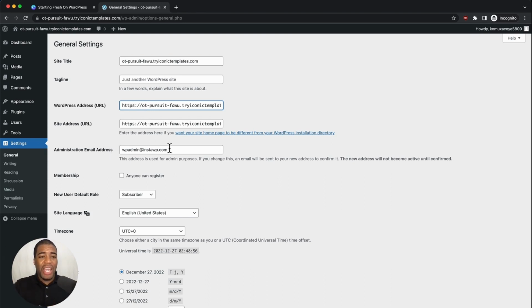Here you're going to have the administrative email address. I'm using a platform for sandbox sites to whip up some sandbox sites real quick called InstaWP, and that's the reason why you see this as the administrative email address. This is going to be the email address that you installed your WordPress website with. You can change this to whatever email address you would like, and then make sure that you actually save that